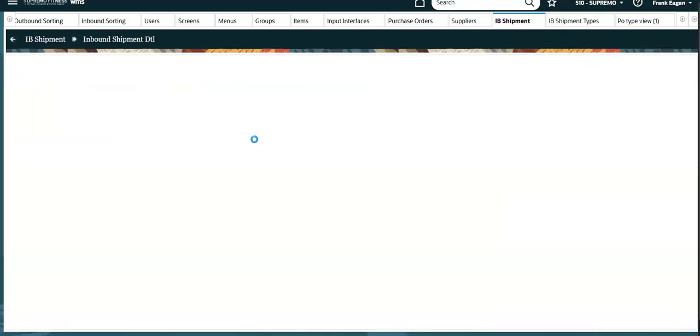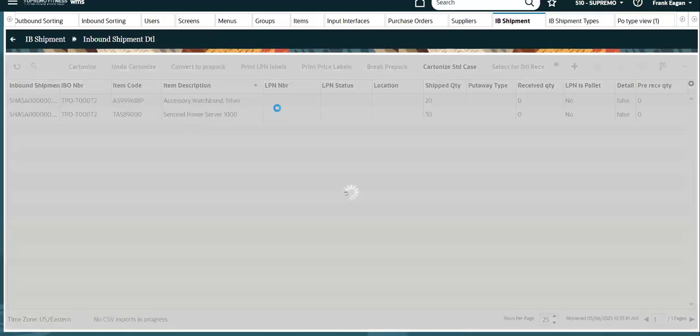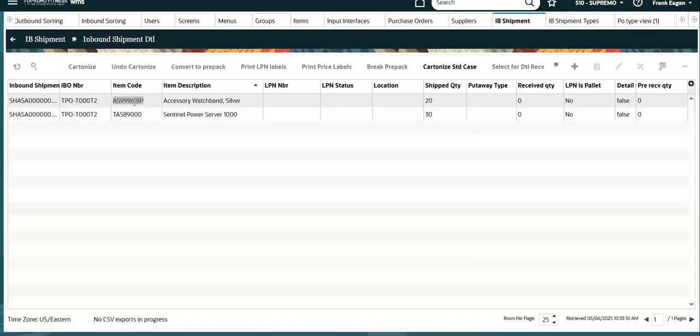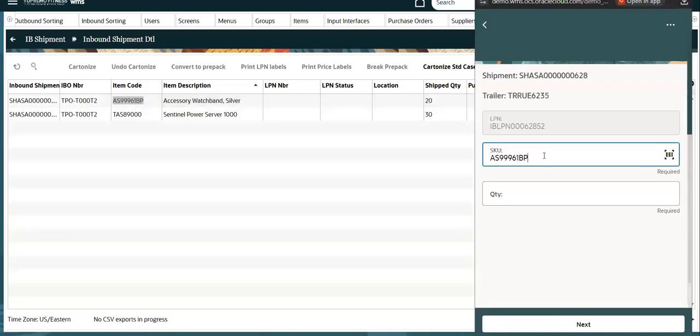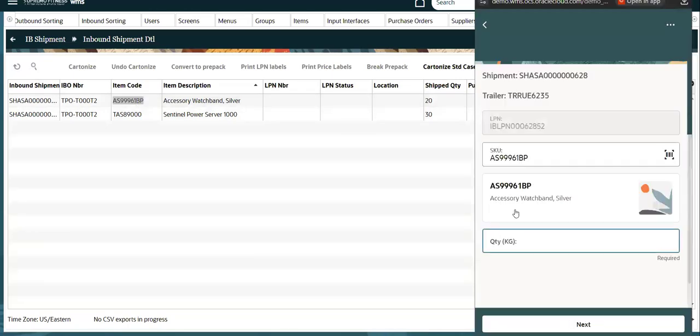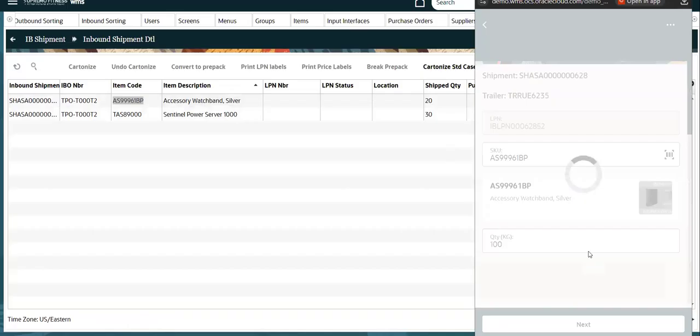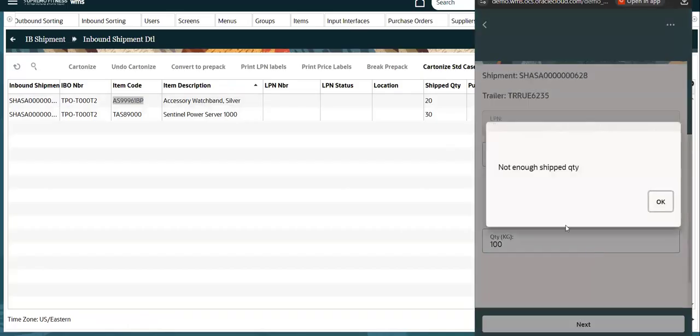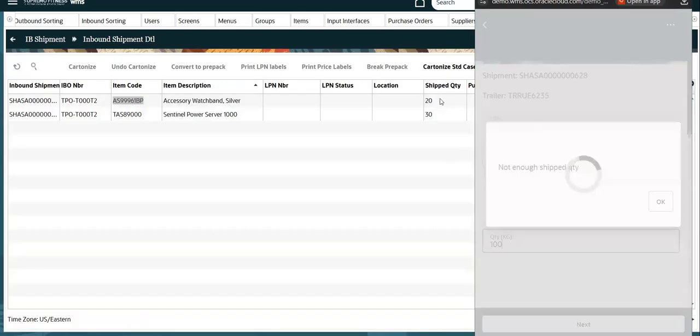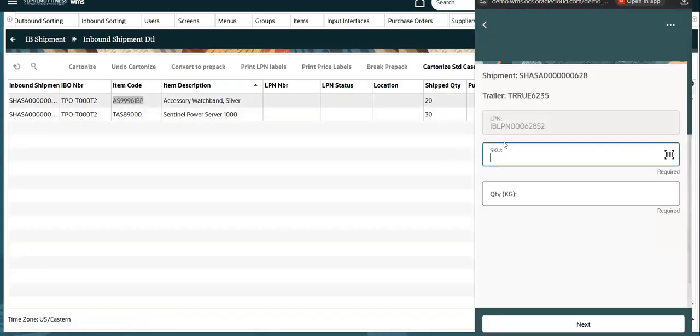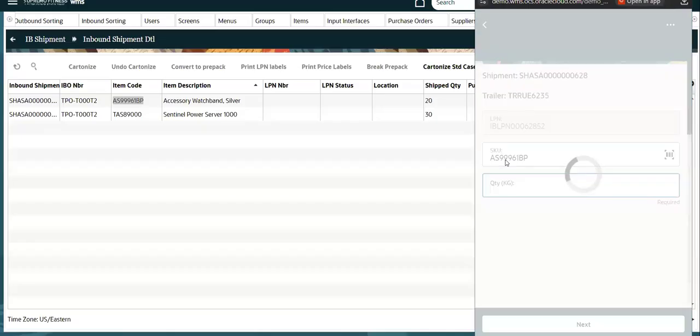You can go to detail. I can give this item. Let's say I want to receive 100 quantity. The quantity is 20, and I'm receiving 100. Let's see what happens. Not enough quantity shipped. Correct. So this quantity is only 20. So you can only receive